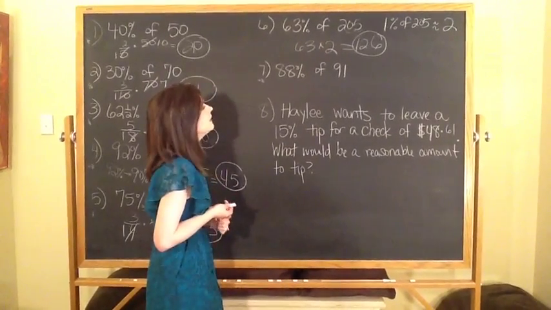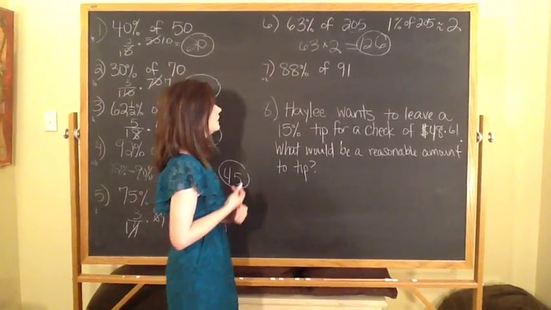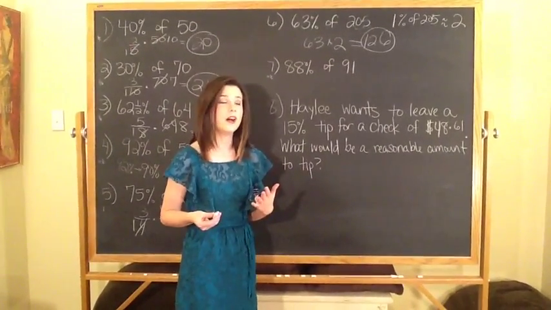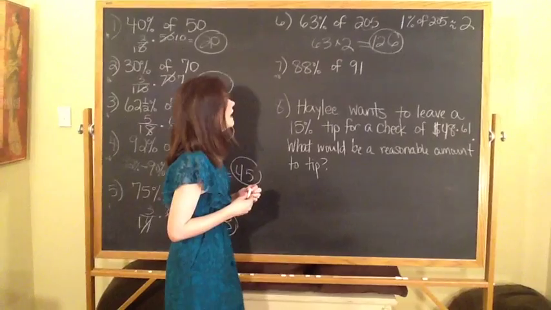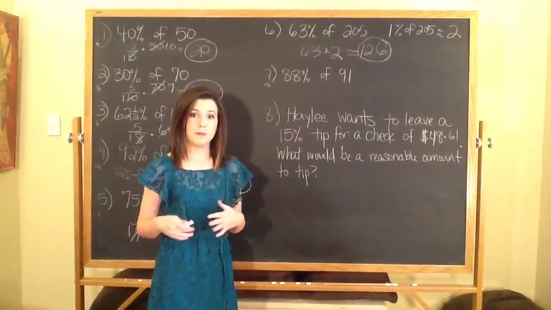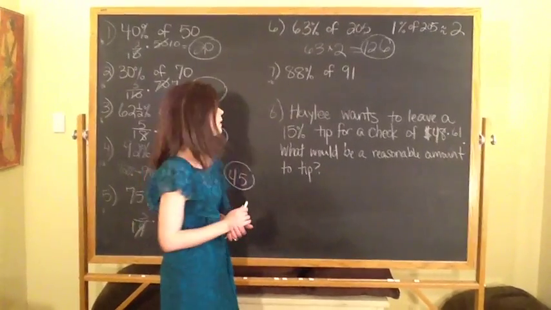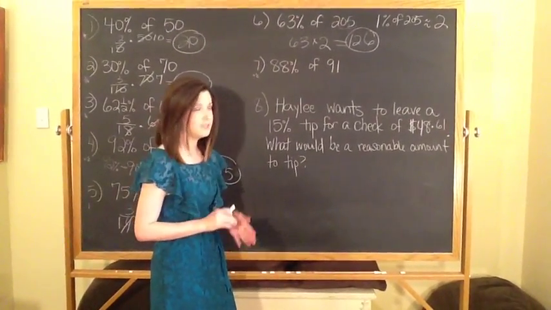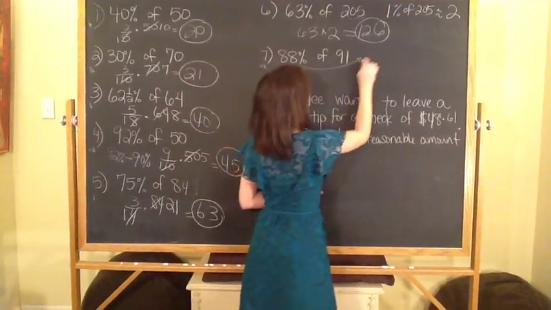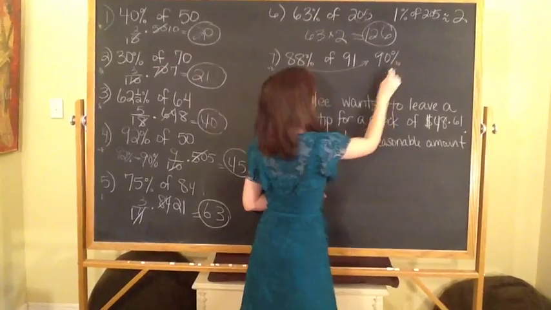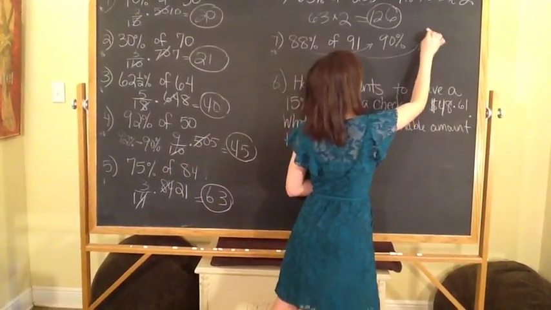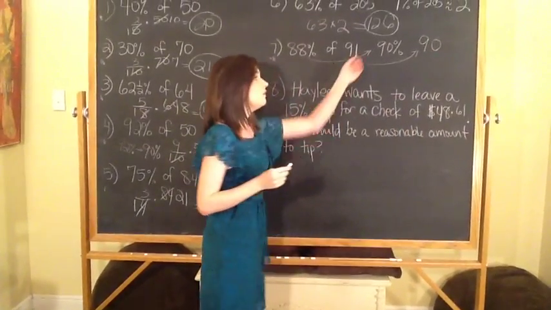Number 7, it says 88% of 91. So what we're going to do is estimate a little bit. So let's try the understanding the percents method, the last method. Okay? So first of all, I see that 88% is close to 90%. So I'm going to estimate this to 90%. And then I'm going to estimate 91 to 90. Okay? So now I've got to think,